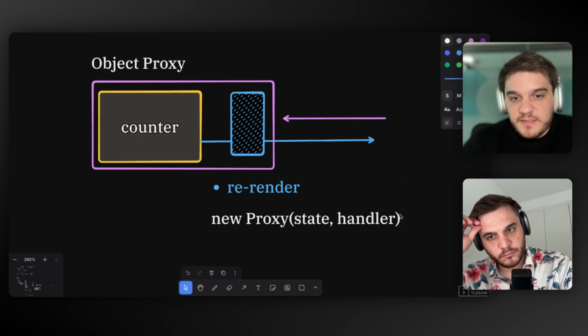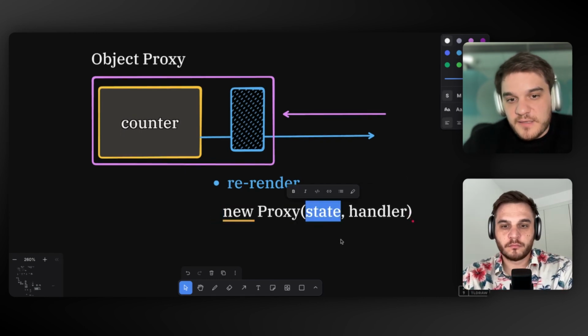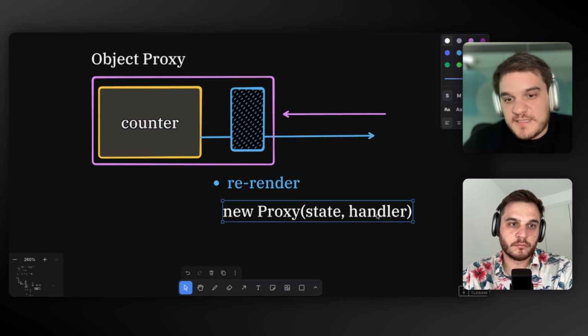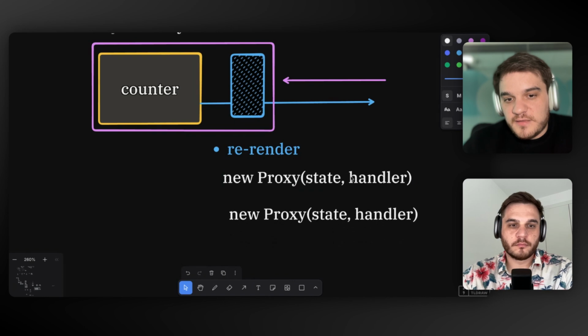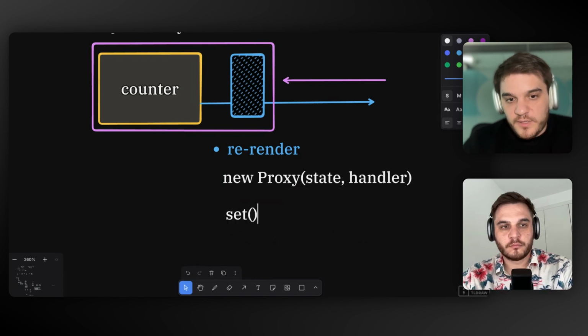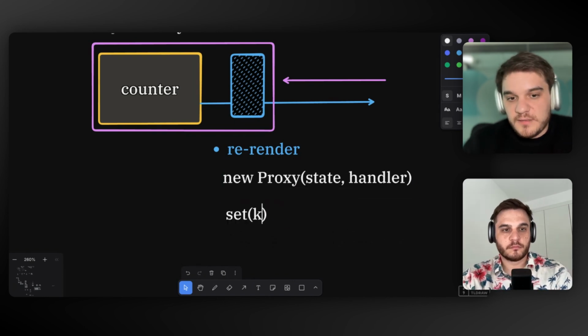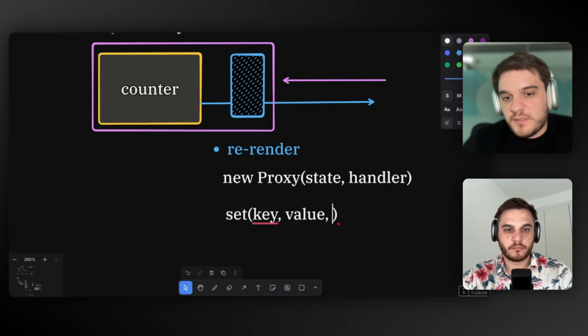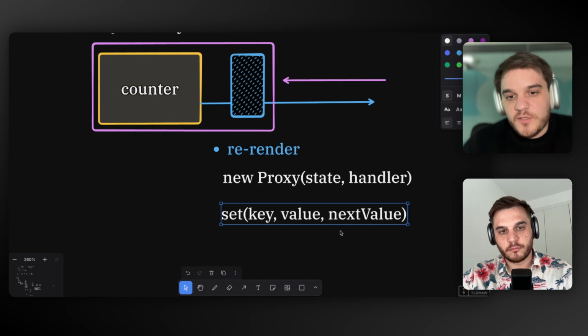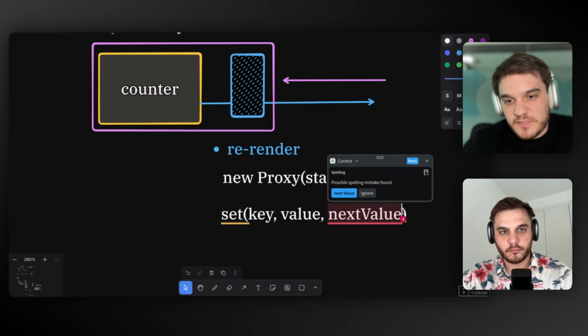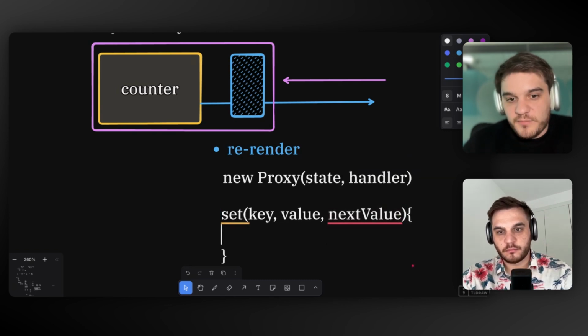So basically, whenever you want to create a state object, I'll actually run the proxy and pass in my own handlers. And basically the handlers are functions that look like, for example, set, where I think you get the key, and then the actual value, and then the next value, or something along those lines. I will have to check the reference, but this would allow me to, in my set function that I define somewhere, after I do the